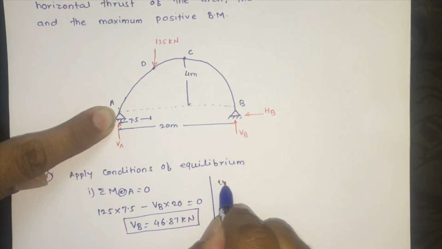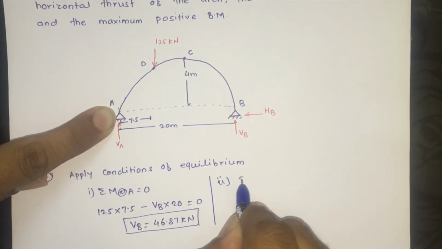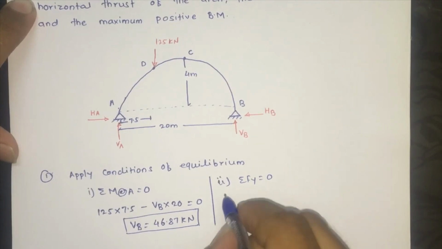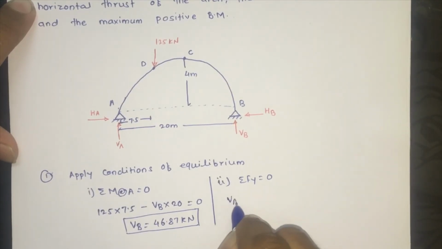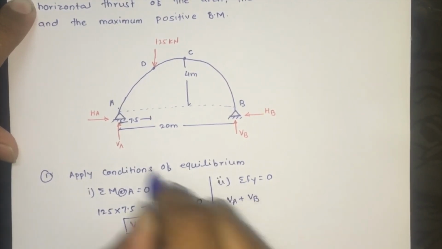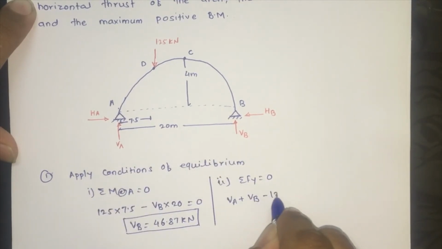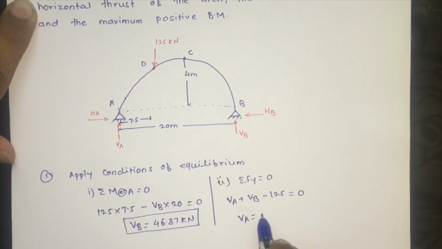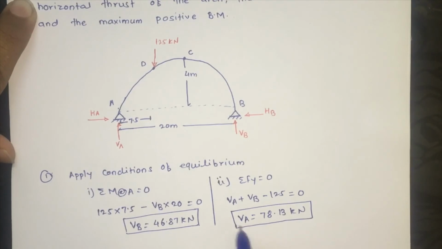Now we use the second equilibrium equation, that is summation of Fy is equal to 0. Summation of all vertical forces is equal to 0. So VA plus VB, these two vertical forces, minus 125 is equal to 0. Put the VB value as we calculated and find the value of VA. So VA is equal to 78.13 kilonewton. This is the value of VA. Now next,